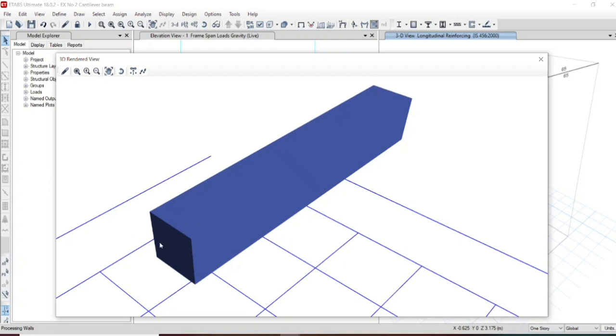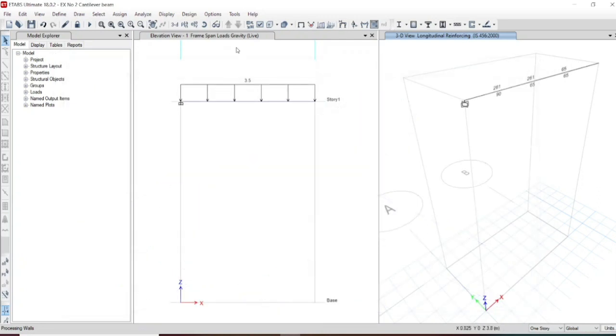You can see that we have made 0.3 by 0.3 as the width and depth, and the length is 2 meter. With this case, we have applied the load of 3.5 kilonewton as live load, and the design load combinations have been arrived at, and for that case we have checked the analysis and design. So it is passed for analysis and design.